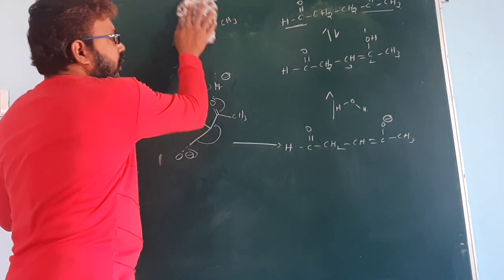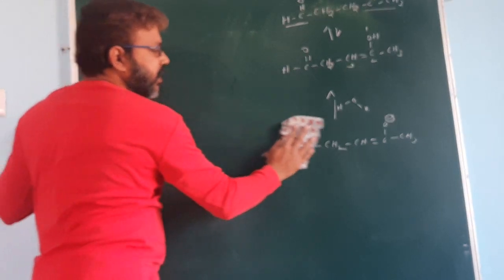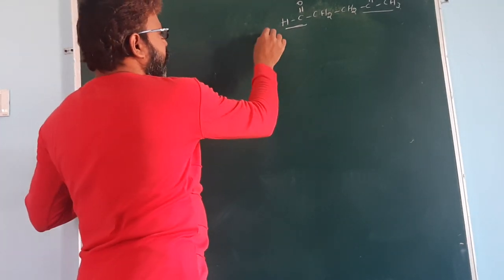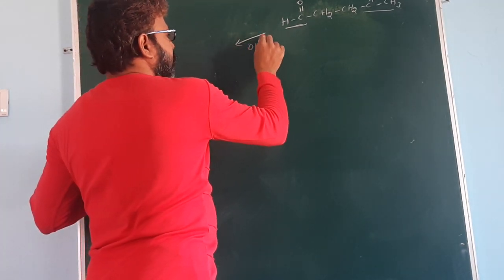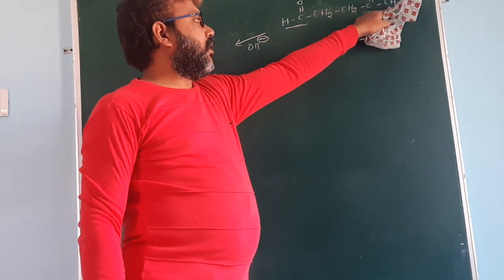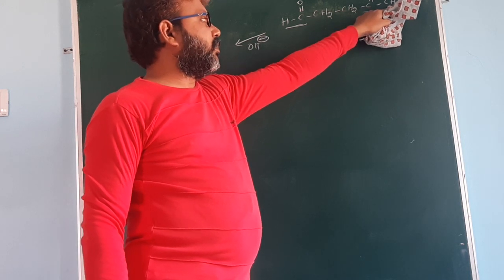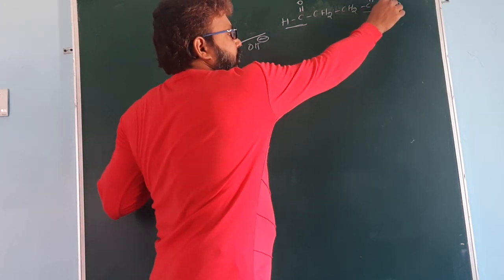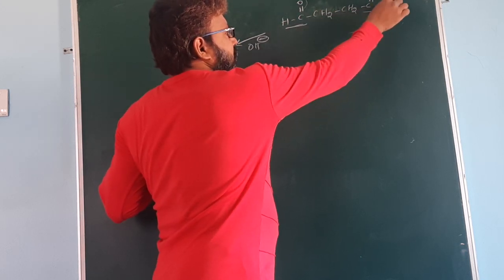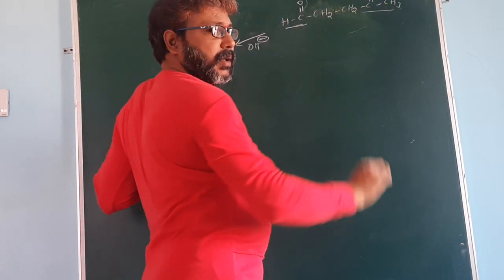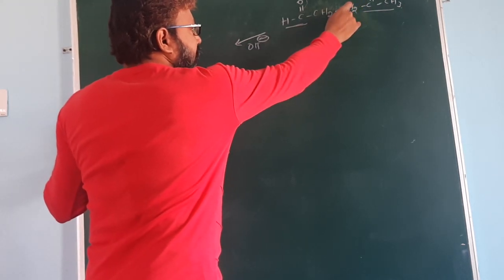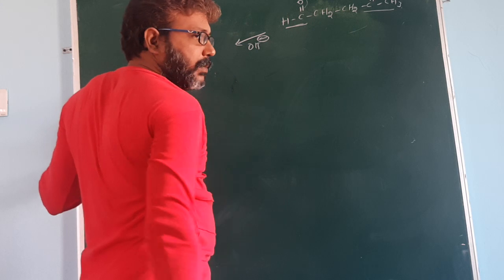Okay. Now the reaction takes place in presence of basic medium. So base subtracts the proton from this carbon because when it abstracts the proton from this carbon, it is converted to carbanion. This pi bond electron shifted to here. This carbanion attacks here. You get a 1 2 3 4 5 membered ring. Okay. So when it abstracts the proton from this carbon, you get a 1 2 3 membered ring.